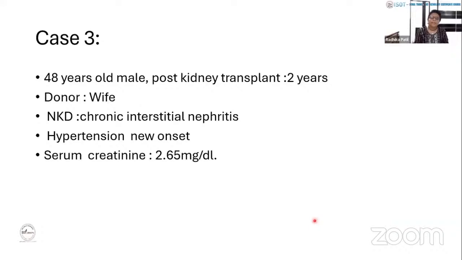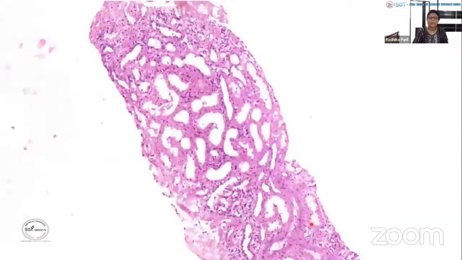diseases. Case 3, 48-year-old male, post-kidney transplant 2 years, donor being wife, native kidney disease chronic interstitial nephritis, hypertension of new onset, serum creatinine raised to 2.65 mg per dl. So here we can see low power view of H&E stain section showing glomerulus and tubules and interstitium. There is mild tubular injury with flattening and denudation of the lining epithelium along with loss of the brush border. And on further